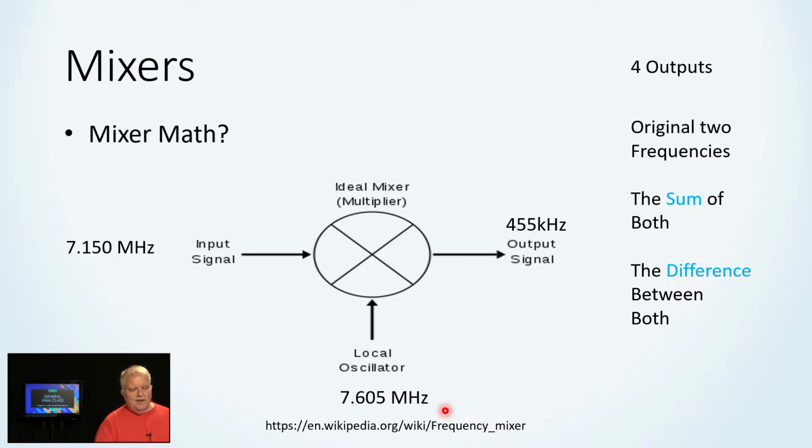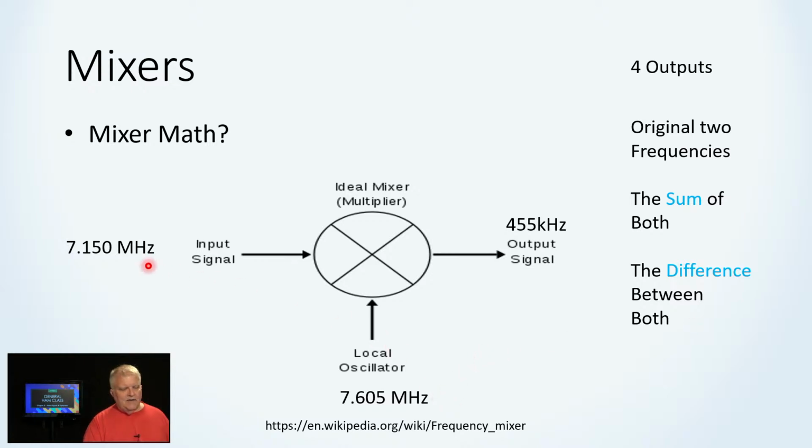And what happens is 7150, 7605, our desired output is 455 kilohertz. That's a common intermediate frequency output on superheterodyne radios. It's where a lot of the amplification occurs, at that frequency, 455 kilohertz. And the oscillator provides on the output the two original frequencies, the sum of both of the frequencies, and the difference. So in this case,